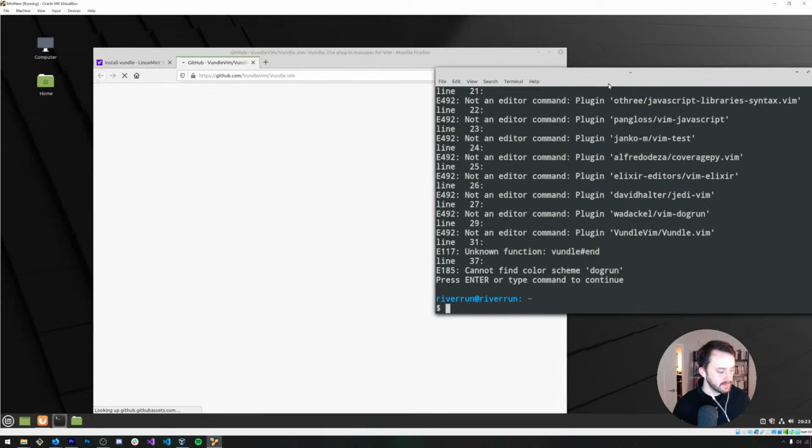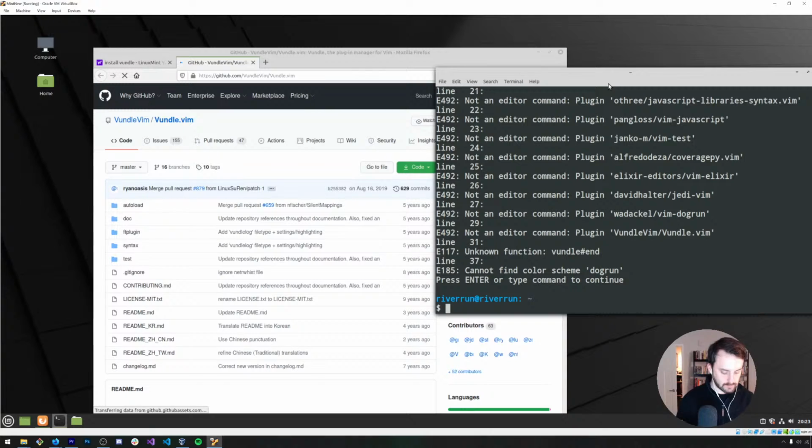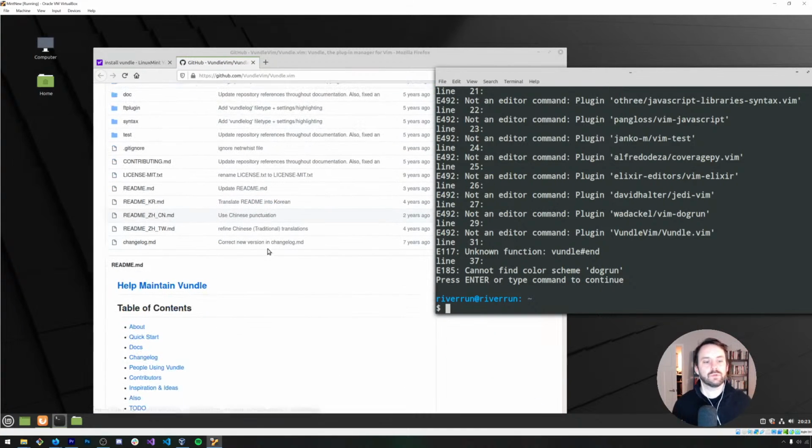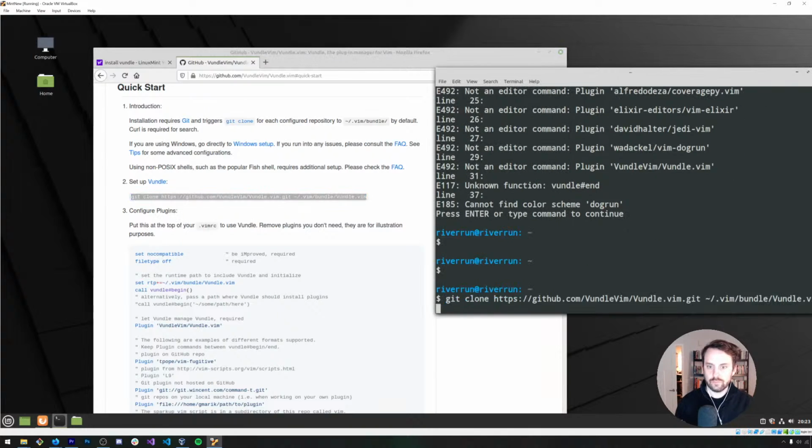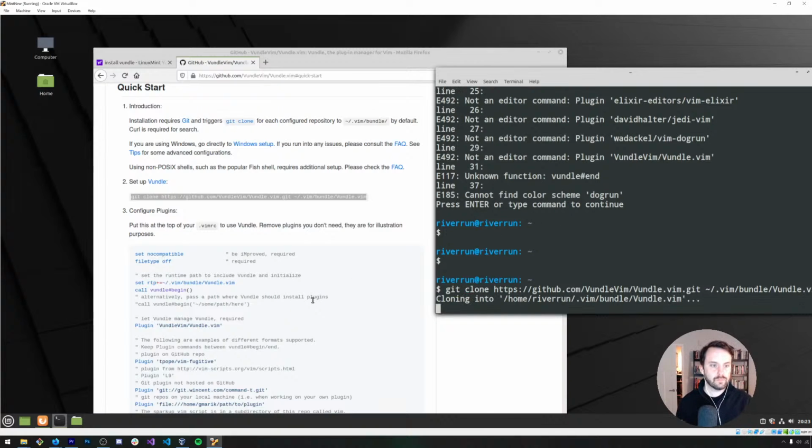Network is pretty backed up right now. Then I think the Vundle command to install plugins in Vim is just PluginInstall, if I recall correctly.